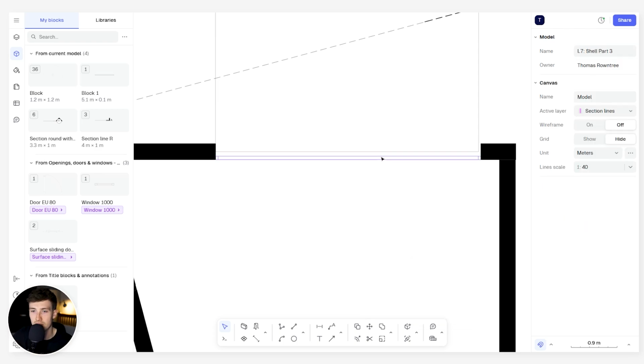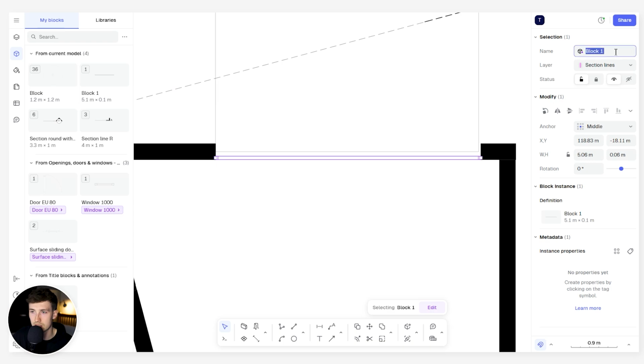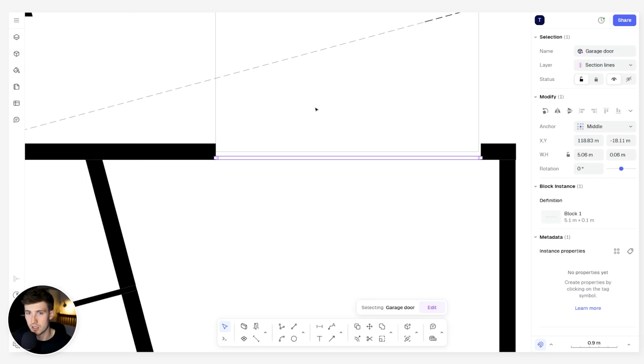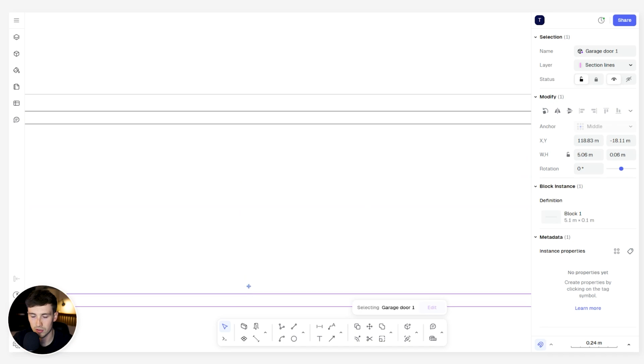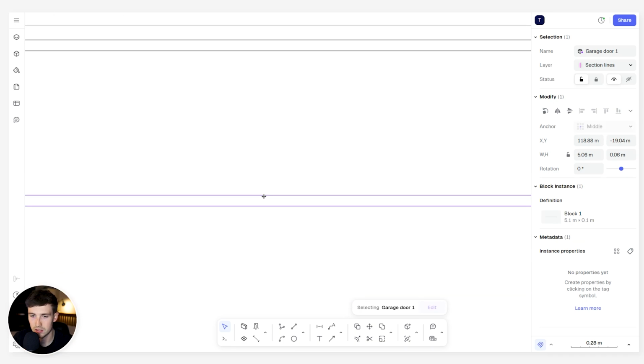And you can obviously change the name of the block by heading up to the top right hand corner, changing that to maybe garage door, and you now have that block in your block library, which you can populate across your drawings. And additionally, when creating your own blocks, you can change the insertion point so you can punch holes into walls. For example, if we take this block that we have just created and we click into it to edit,